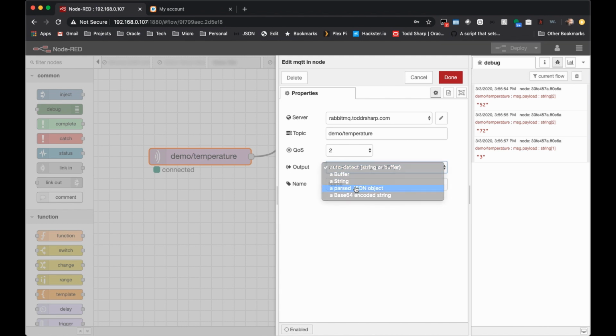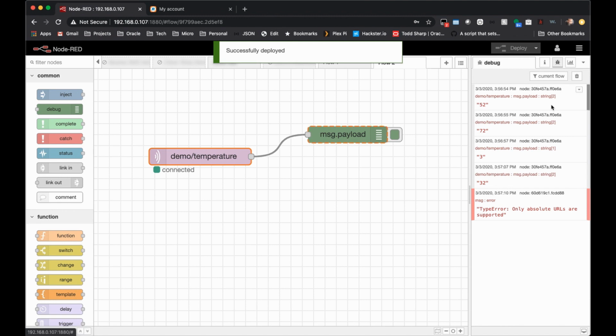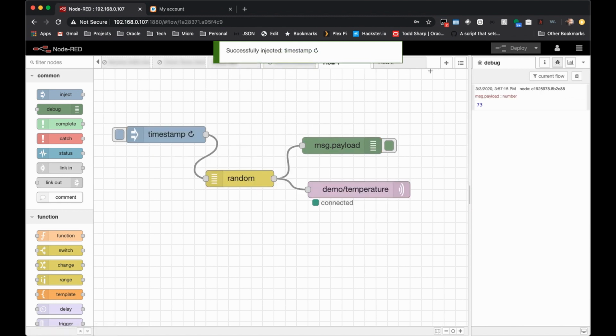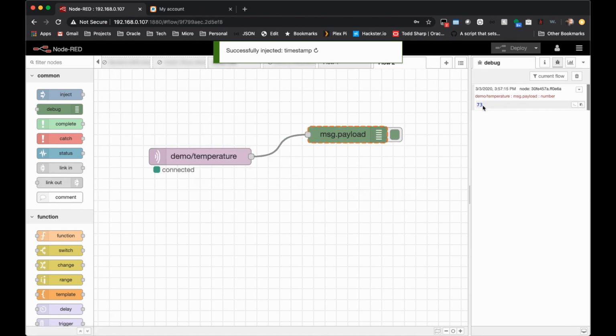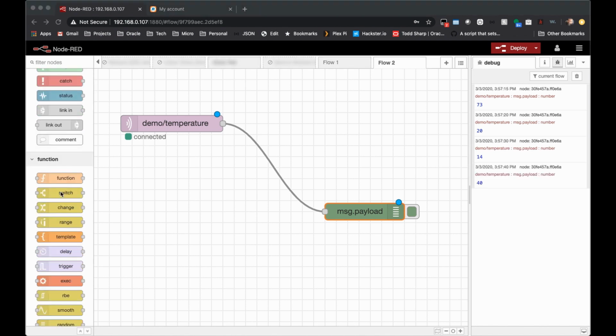We can actually change that to a parsed JSON object, and that will give us the actual number instead of a string representing that number. Now at this point, we're receiving the temperature from our other flow via MQTT, and we're simply debugging it. We can put some logic in place to say, send us a text message only when the temperature is below